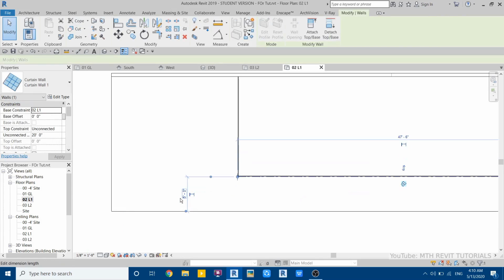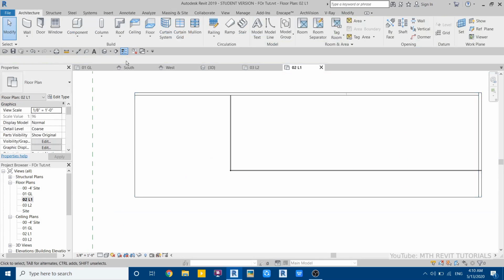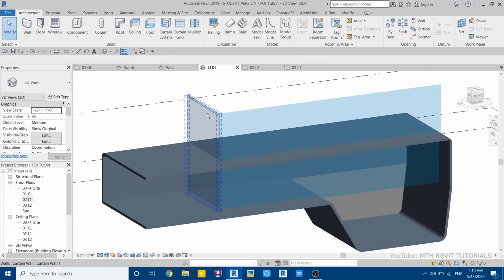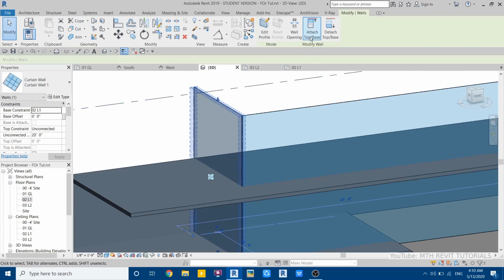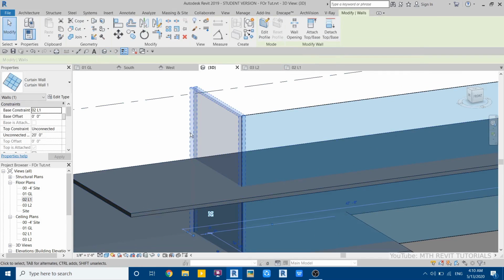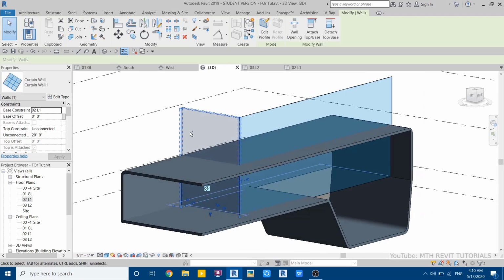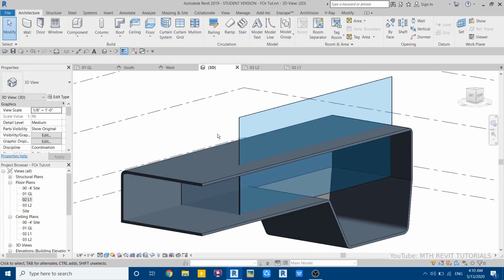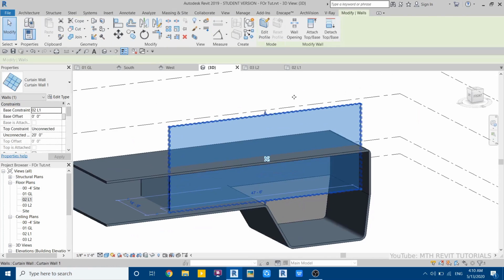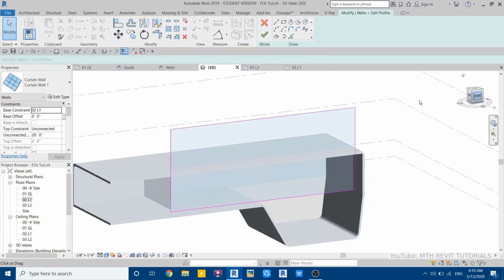and here also maybe we will change this to 5 feet. Now again we need to edit this curtain wall profile. Go to 3D view, select this one, and then just attach that to this roof. Okay, it did not work, so yeah, it worked actually. So now select this one, edit profile, go to front view,